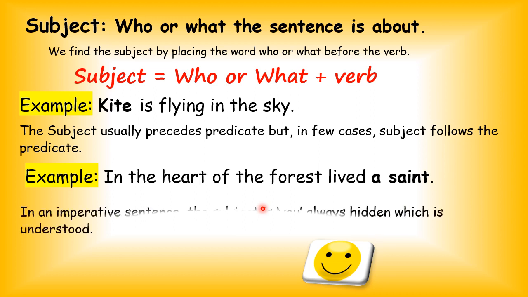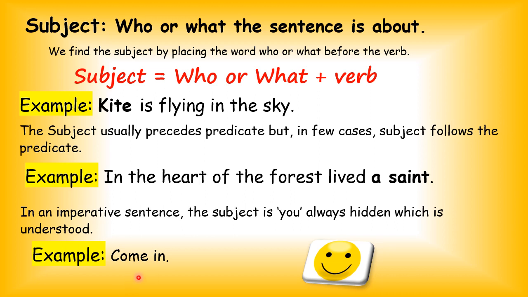One more thing we have to keep in our mind, that is, in an imperative sentence, the subject is always hidden, which is understood. You all remember, children, what is an imperative sentence? Sentences which give advice, request, command and order. And normally, children, when we give a command, when we give an order, the subject is hidden. For example,